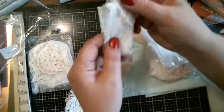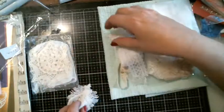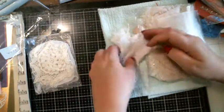And then she got some lace. And this pretty lace. And then this lace. But look at these. Isn't that cool? I can't wait to come up with something like this. I bought this because